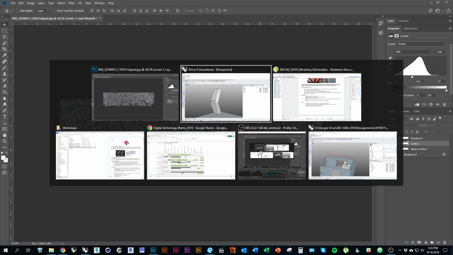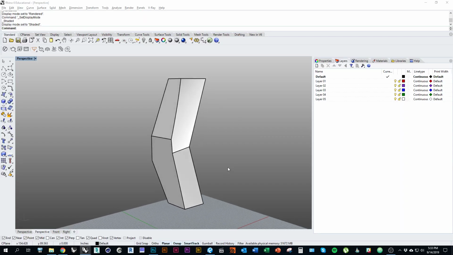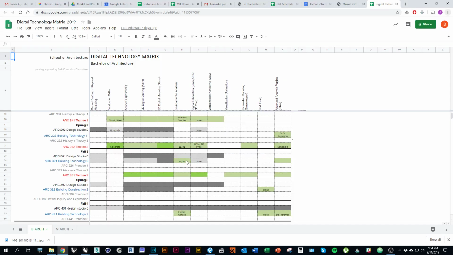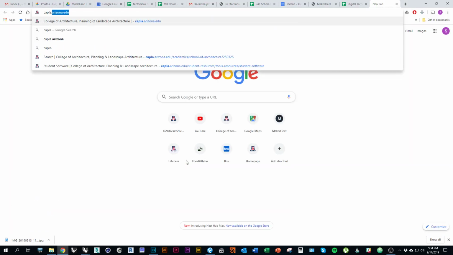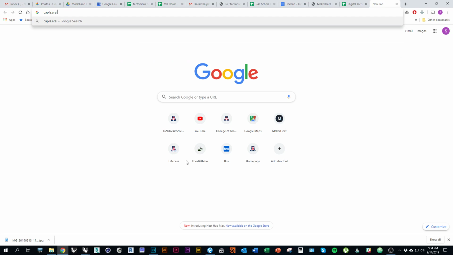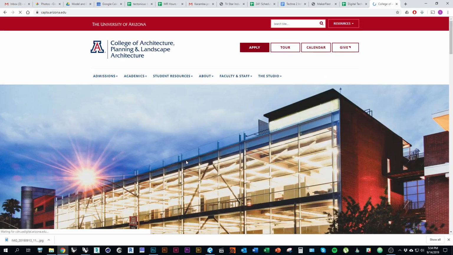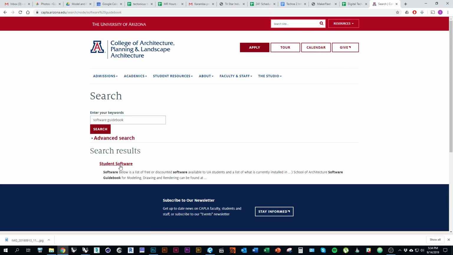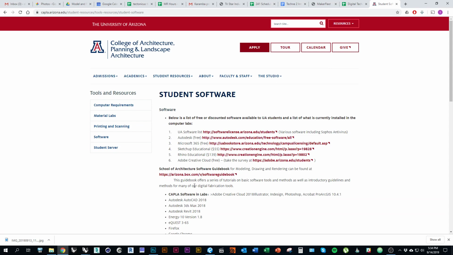So what I'll do first is set up my file, and you'll want to render just using the shape that you modeled for the prototyping process. I'm going to work from the digital handbook. So if you go to caplo.arizona.edu and search for the software guidebook, go to student software, and down here under School of Architecture software guidebook, click on that link, and this PDF